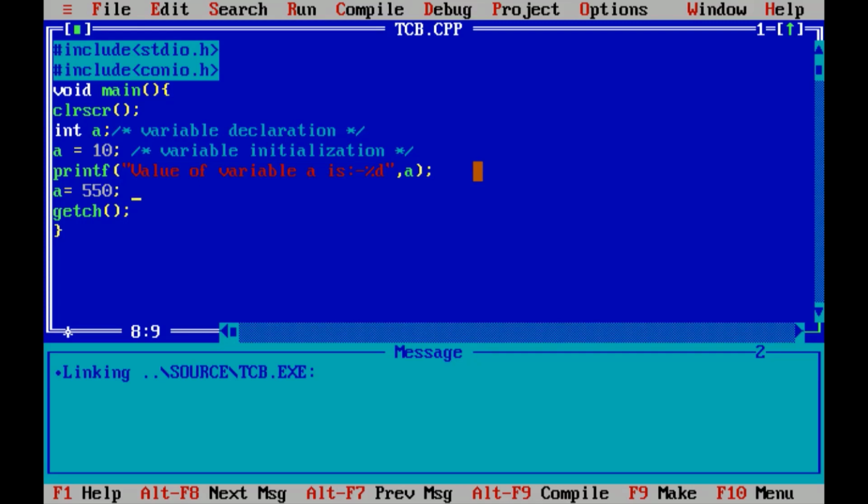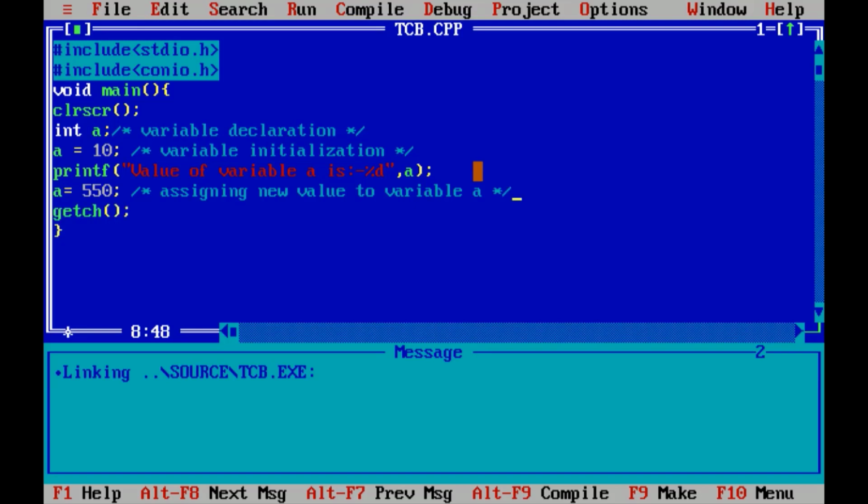So this is second time I am assigning value to variable a, so this will be assigning new value to variable a.